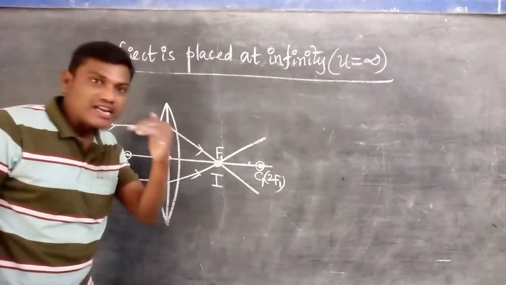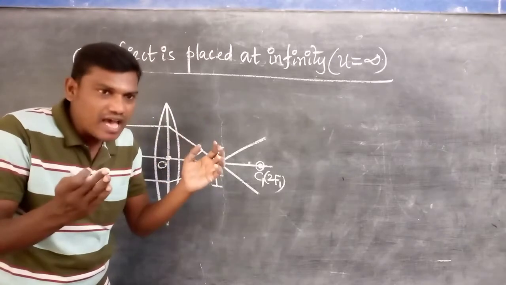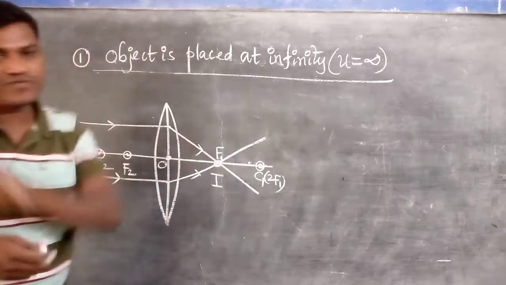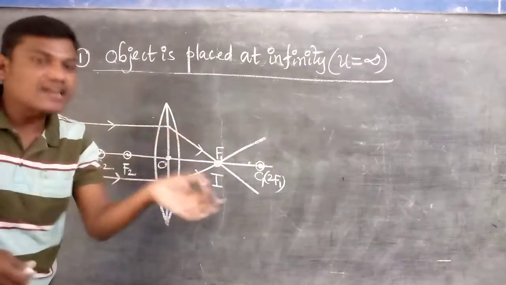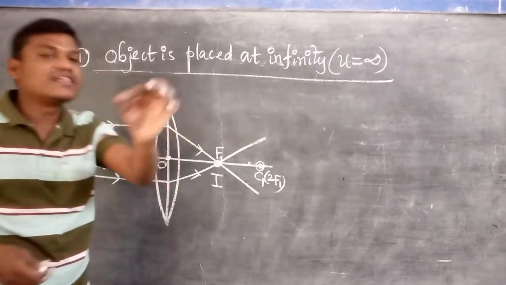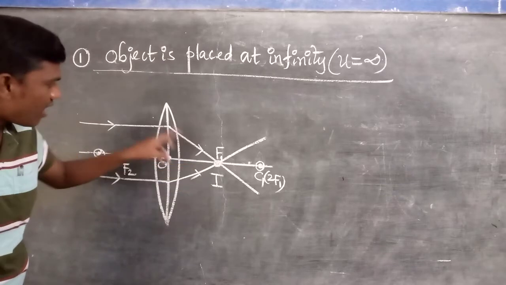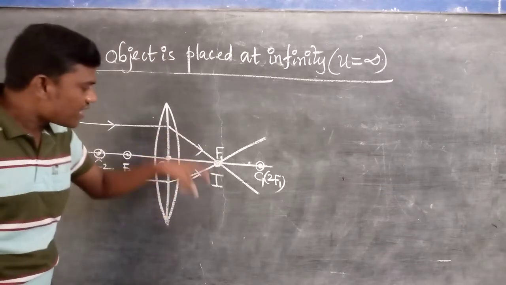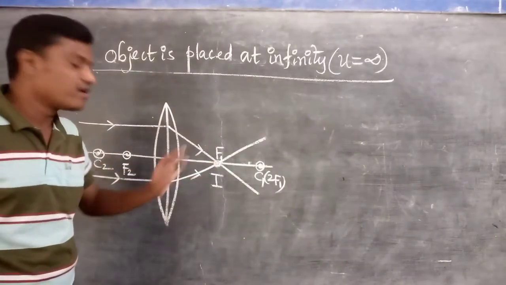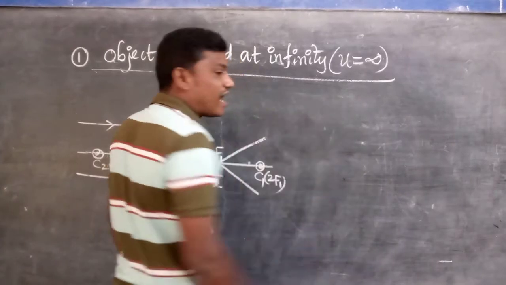And we already discussed clearly that after reflection or refraction, if the rays really meet at a point, a real image will be formed, or if they appear to meet at another point, or appear to diverge from another point, we know that a virtual image will be formed. But here, after the refraction, the two rays really meet at the principal focus. That's why at this point, image will be formed. Then, what is the nature?